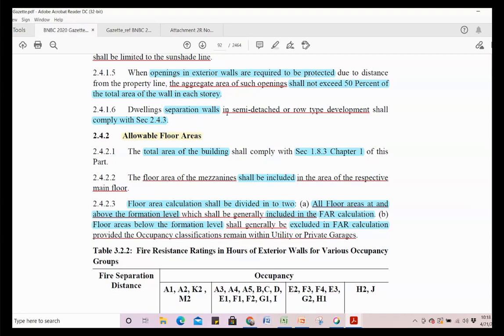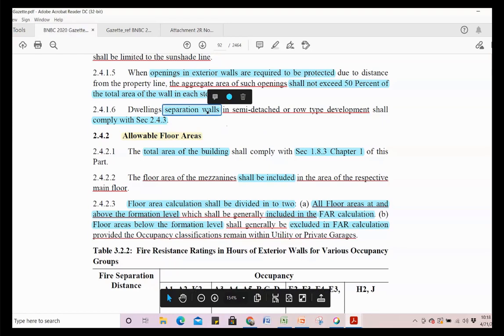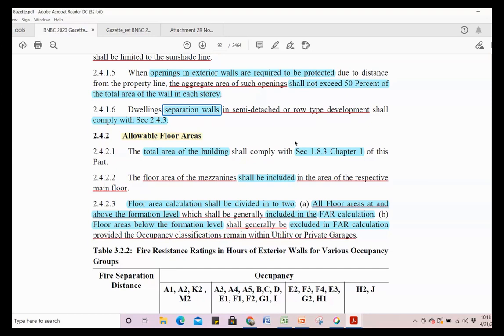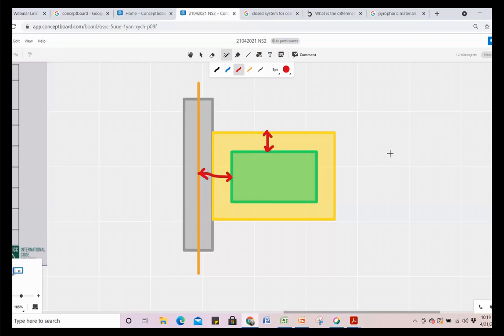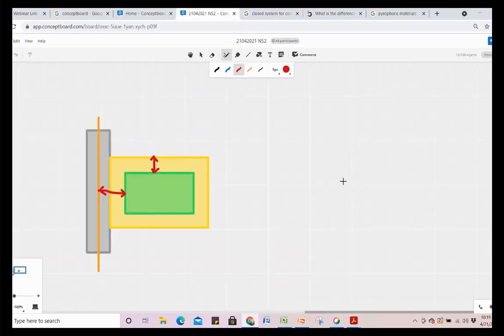So this is about the separation walls. Sometimes they are also called party walls. The semi-detached or row type development is, as you can already guess,